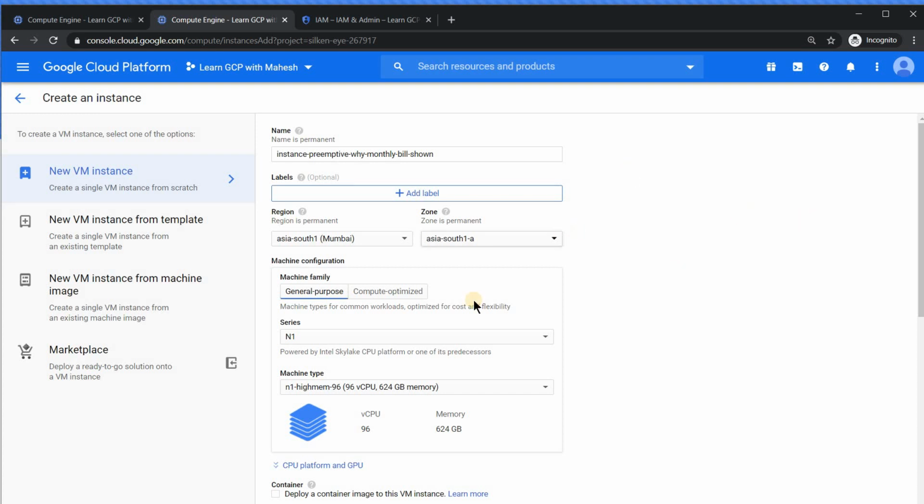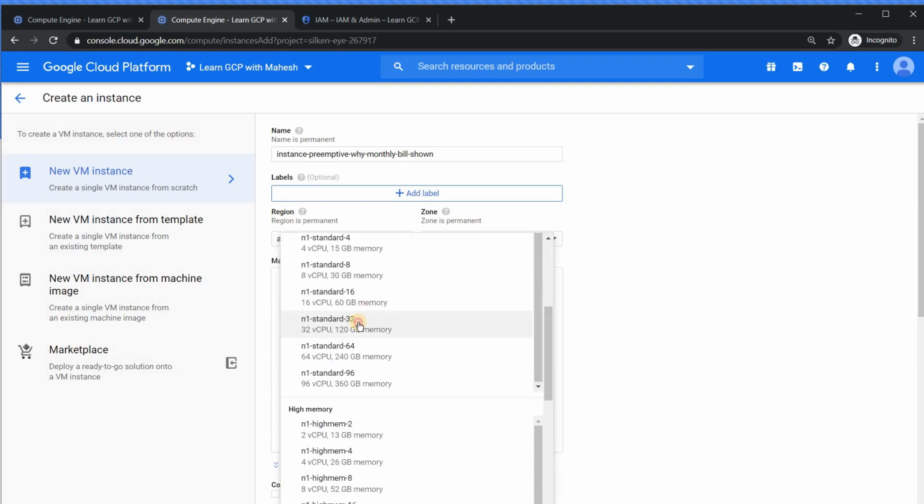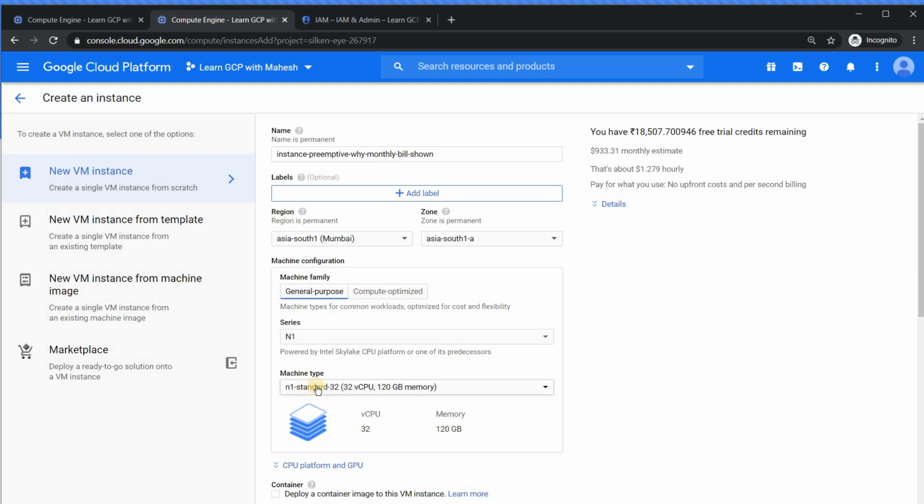There's a new bug which I see: when I select that, the pricing goes off. So let me choose a slightly lower one. N1 standard 32, meaning 32 vCPU, 120 GB of RAM. If I look into the details, it's really an expensive instance. $933 is what I need to pay per month because it's a regular virtual machine.